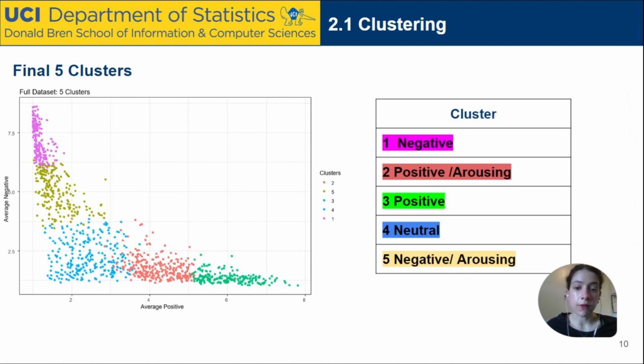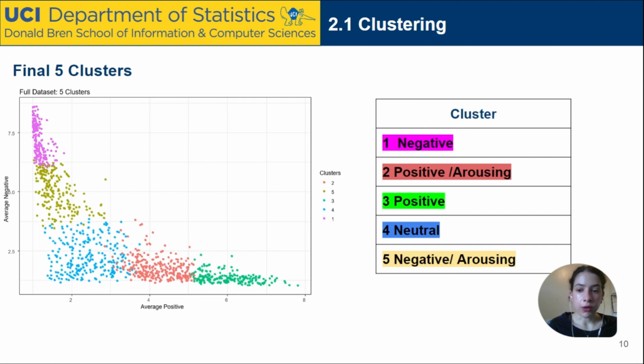Here, each dot is one of the 1,182 images or slides, plotted with the average positive and negative on the x and y axis, respectively, as this gave the most clear separation. If you glance at the right-hand side, you can also see next to each cluster, the cluster number. We also have a name or description for each cluster, which are not arbitrary, but based off the cluster scores for each of the 3 measurements.